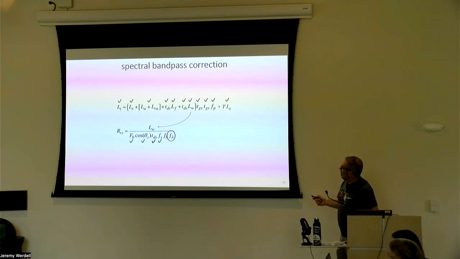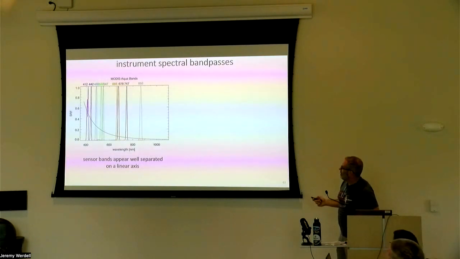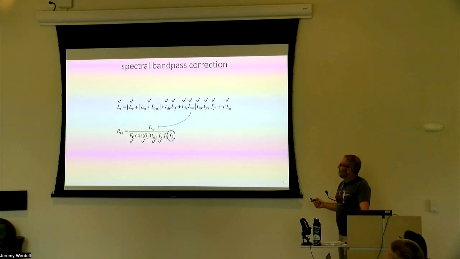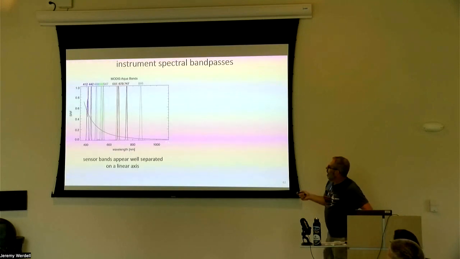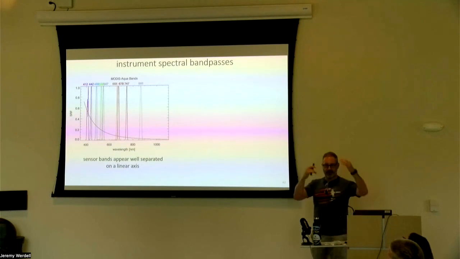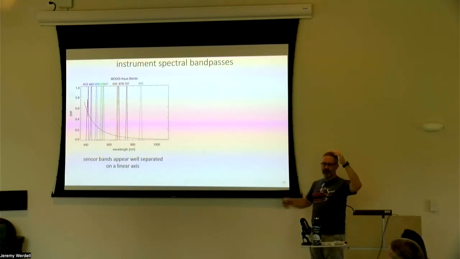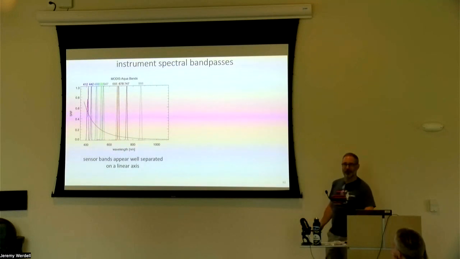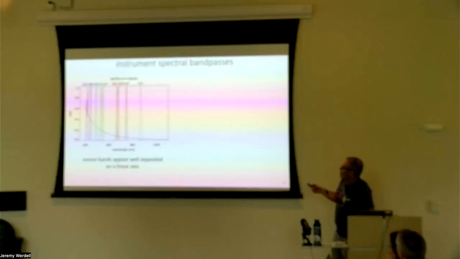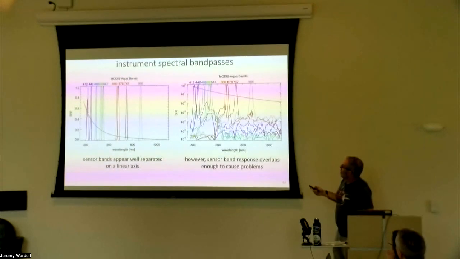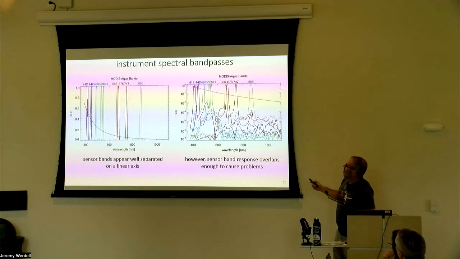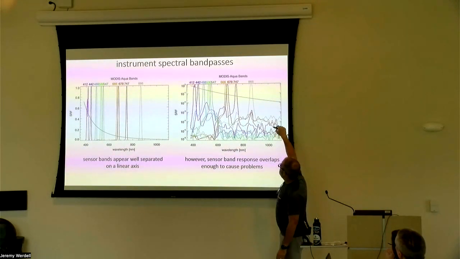Okay, very quickly on some of the other little rabbit holes, and then we'll wrap this up. This comes into an instrument design flaw, not flaw, feature. If you were to look at the spectral response, and I know this is falling back into when you were first talking about instruments here, like never trust the manufacturer, you don't know what your instrument is doing until you take care of it yourself. If you look at a linear axis, these are MODIS Aqua bands, their spectral responses look very well separated. If you put it into log space, there's a lot of overlap in all of these, and it might not look like much, but if you just take a peek at this purple line, 412,